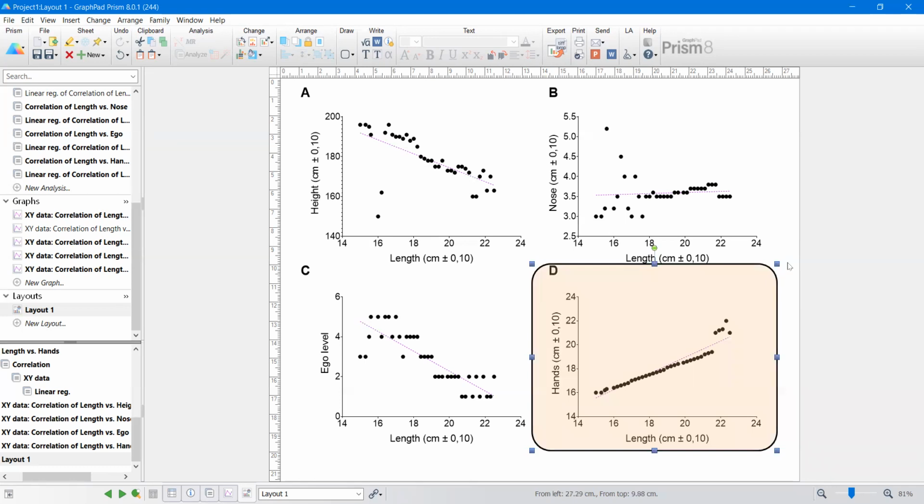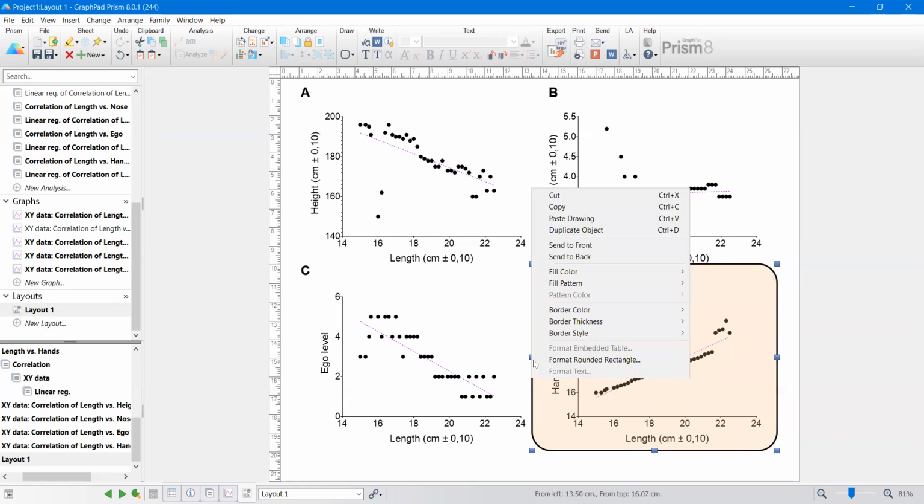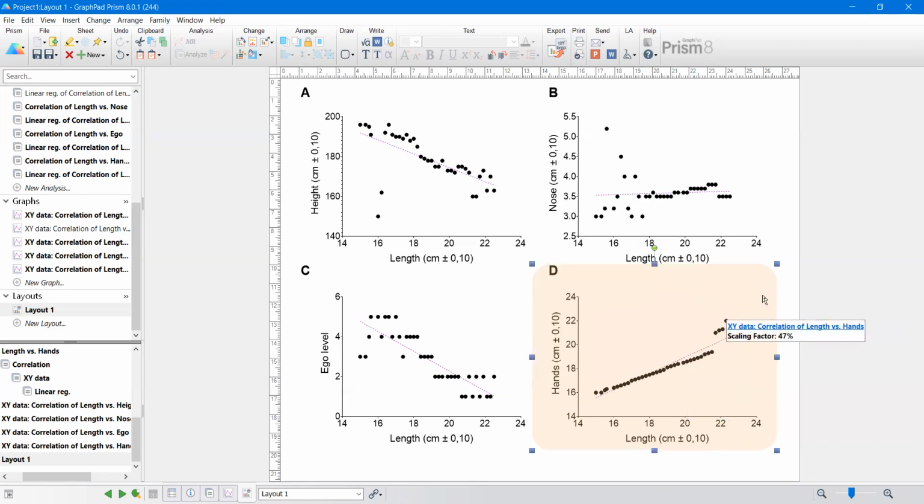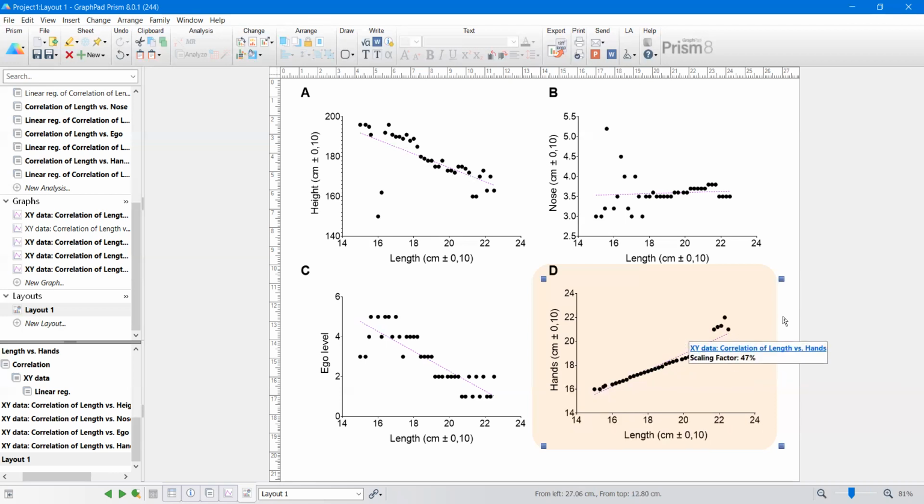But as you see now, it looks like it is in front of my graph, which is not good. So I'm going to send this back, but before I do this, I'm going to remove the border. So right click on the line and the border thickness will be none. After that, I'm going to say okay, right click, and then I'm going to send it back. And now my graph is sharper. And if I move, I'm just moving the graph, right? So